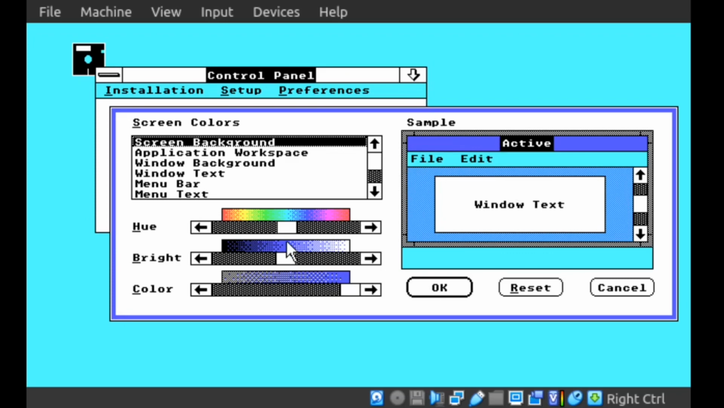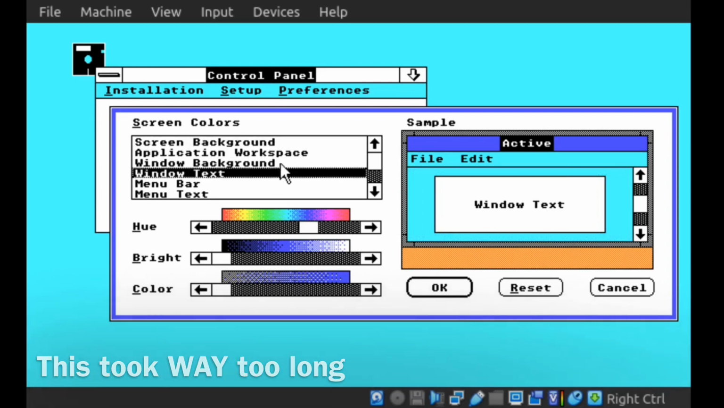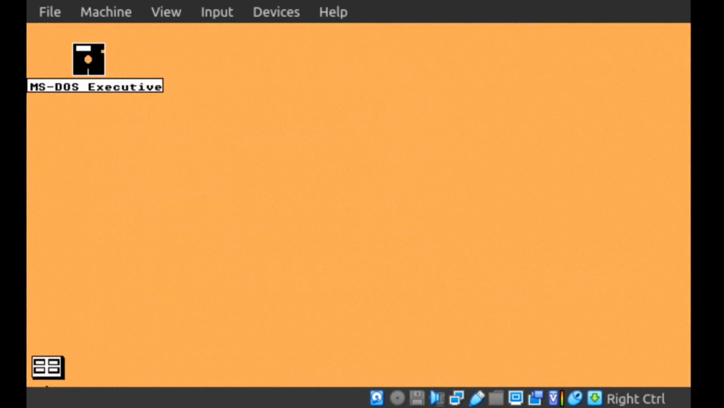So the screen background, let's go for this orange color. For the application workspace, let's go for the lighter blue. For the window. Okay, there we go, and now let's hit OK. And okay, there we go, it is now applied. And hold up,